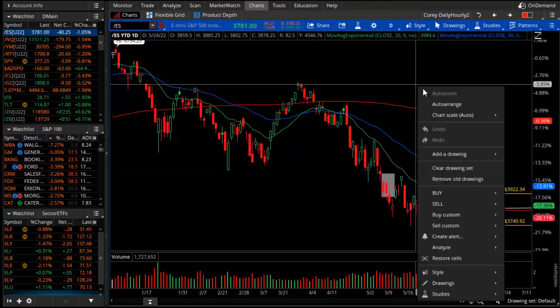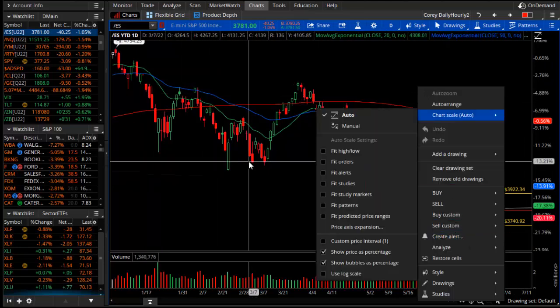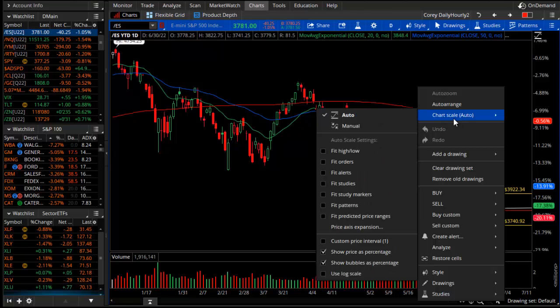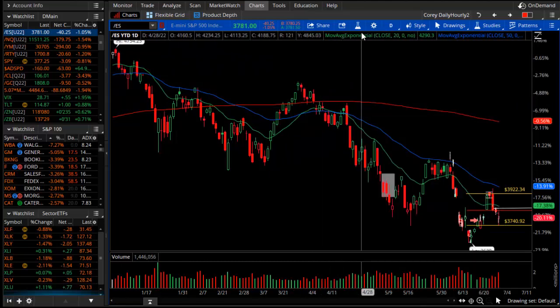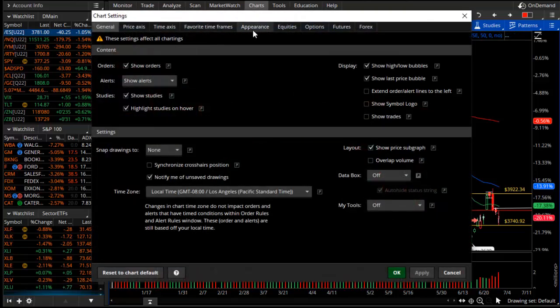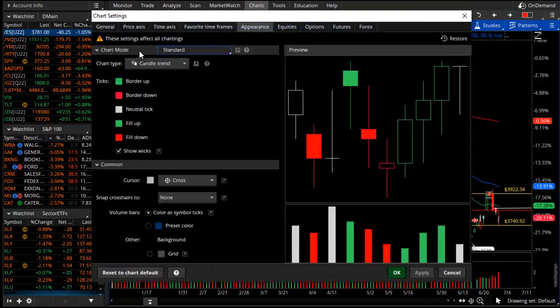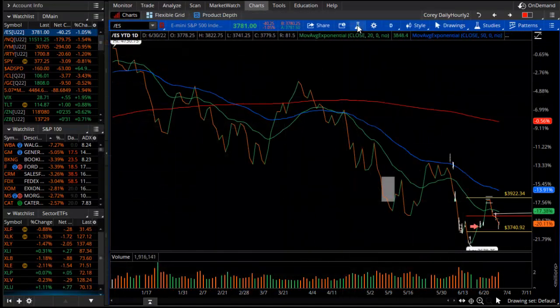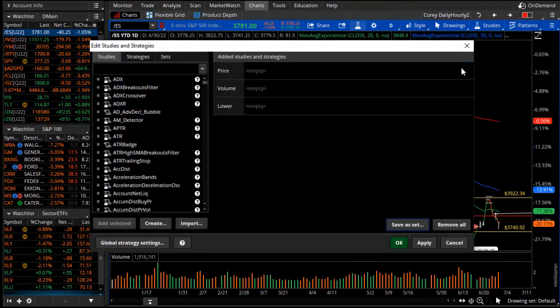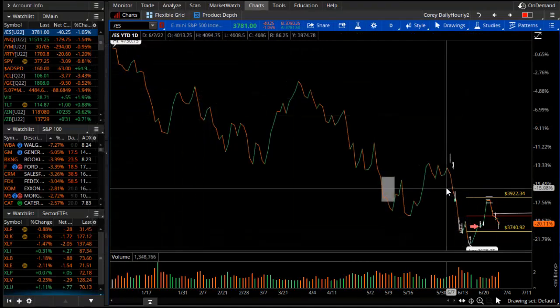But how do you get this chart? How do you compare, and how might you look at individual stocks? Under chart scale here in thinkorswim, I just have the daily chart up, and we'll go down to show price as percentage. So all we'll do is keep the chart scale on auto and then show price as percentage. That way you can put in a line chart, which would probably be much better. Let's do that. We'll put them in a line chart and just highlight this chart type, line. And that might give a little more perspective. Get everything else off the chart and just get a clear perspective of percent.